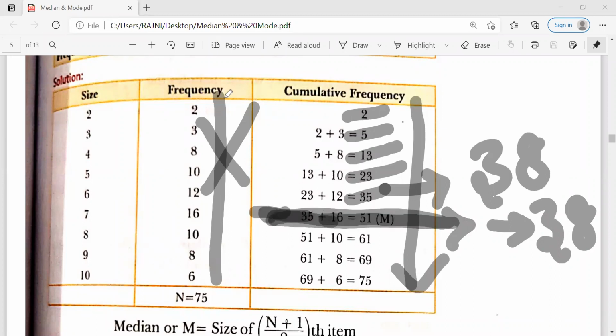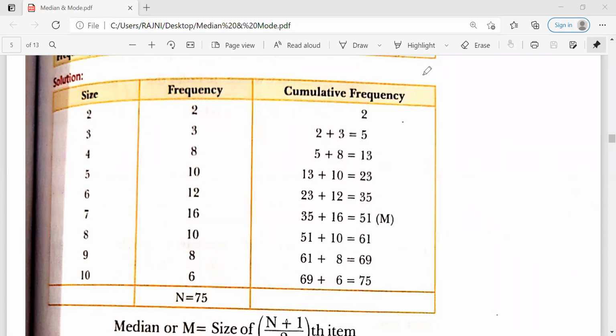This frequency is related to which item? Number 7. So what will be the value of the median? The value of the median will not be found from the frequency. It will be found from the main item.